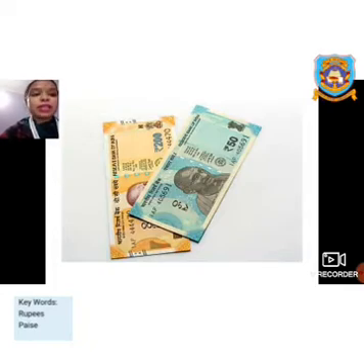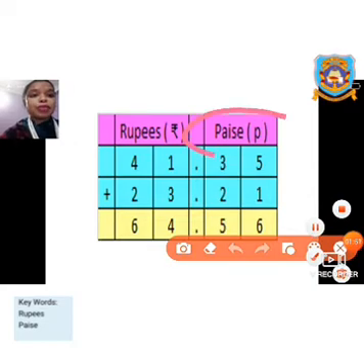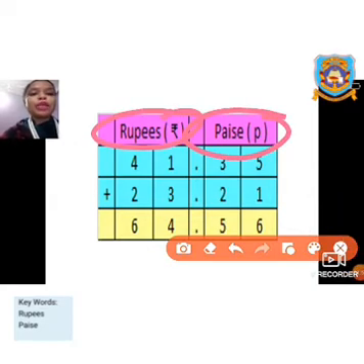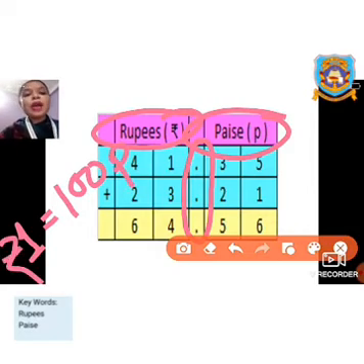But the slight difference is that instead of writing the place values ones, tens or hundreds, in money we write rupees and paise. Okay, this is paise and this is rupees. Both the rupees and paise are separated by a dot. This dot gives the difference between rupees and paise. Paise we already know is less than 100 paise. That means if it is less than 1 rupee, those amounts are known as paise. And we also have discussed that 1 rupee equals 100 paise.